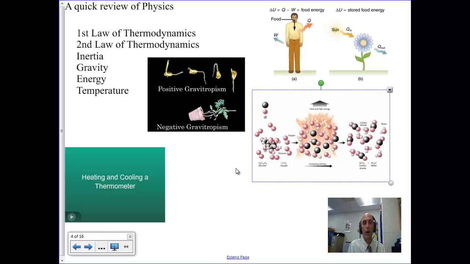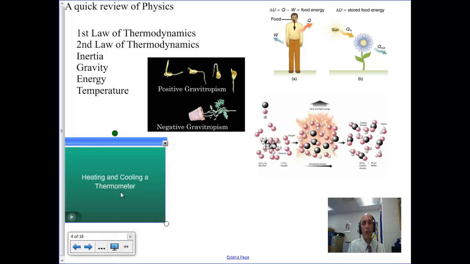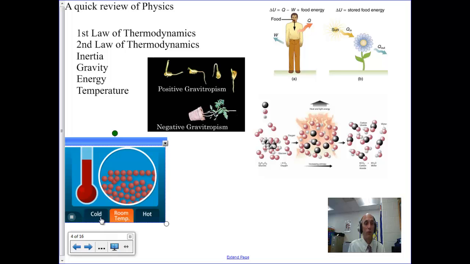Living things require energy. Without that energy, they're not going to be able to survive. And of course, one of the ways that we can measure the activity of those is through temperature. And so if we are looking at temperature as the average activity of the molecules in any source, and hopefully